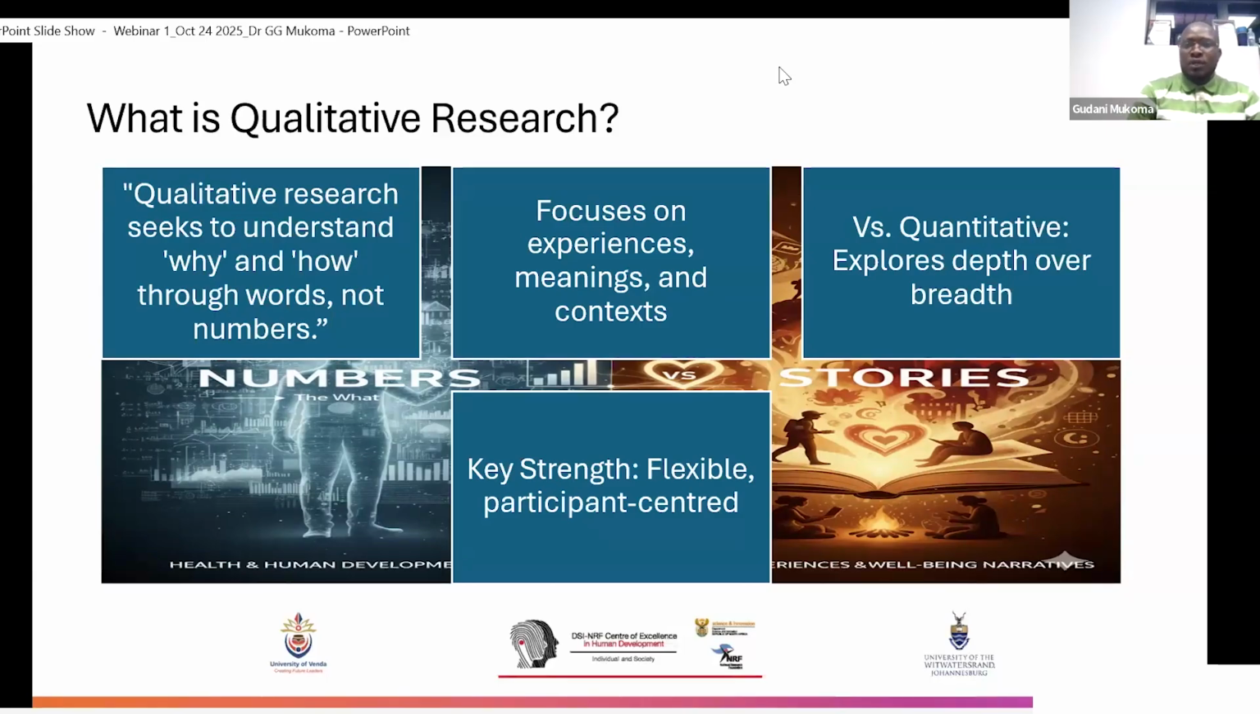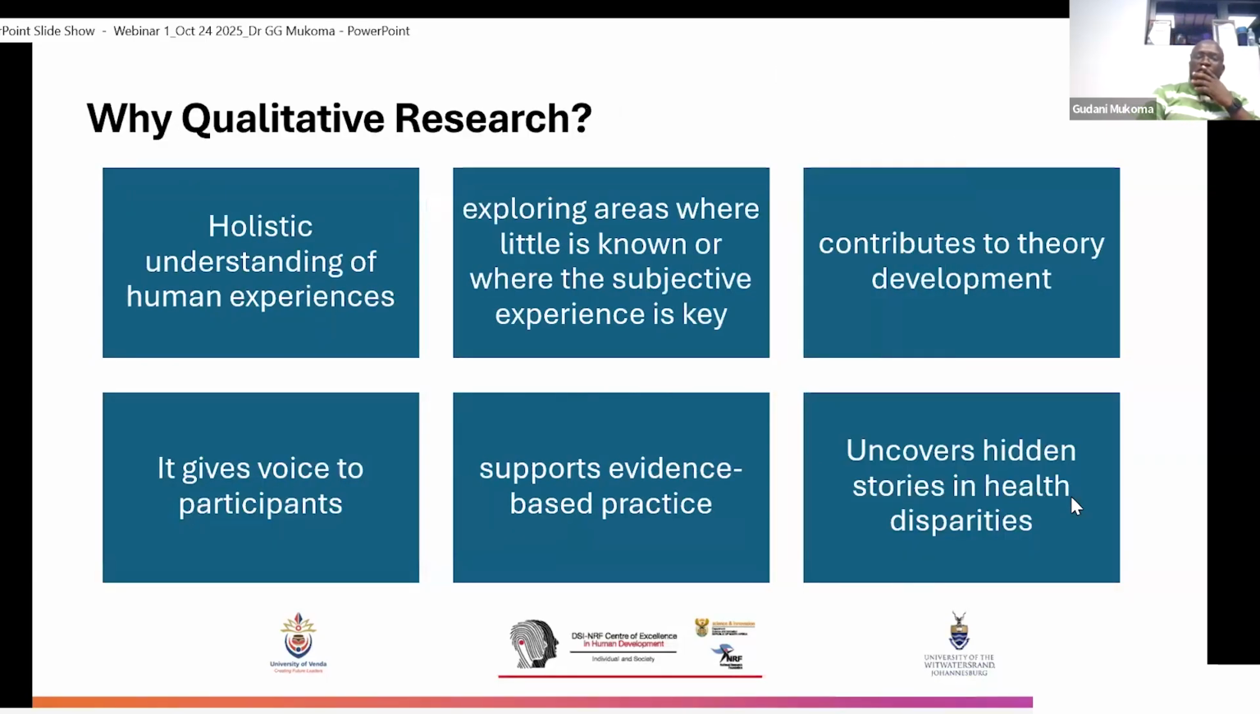So I'm going to move on to the next part: why qualitative research? Why is it important that we conduct qualitative research? The first part I would like to talk about is that qualitative research enables a holistic understanding of human experiences. And this is made possible by revealing the nuances and complexities that quantitative